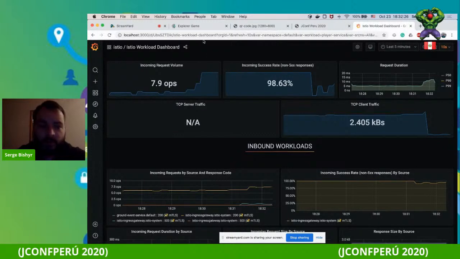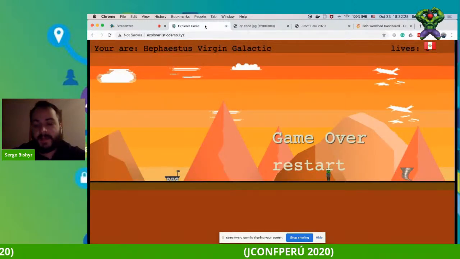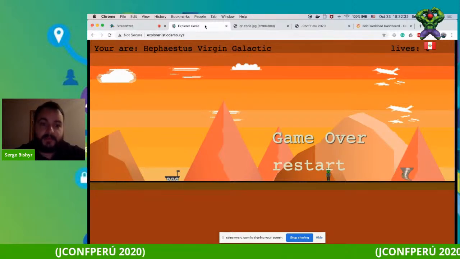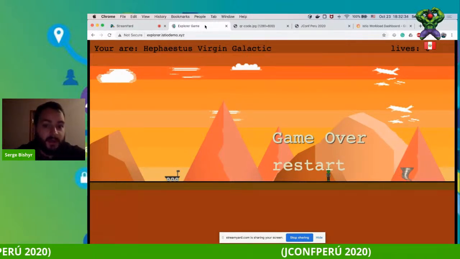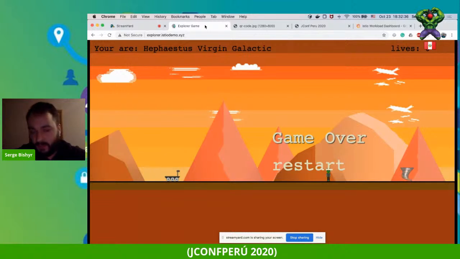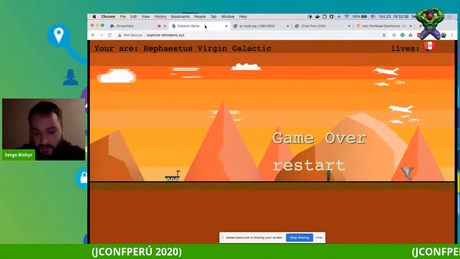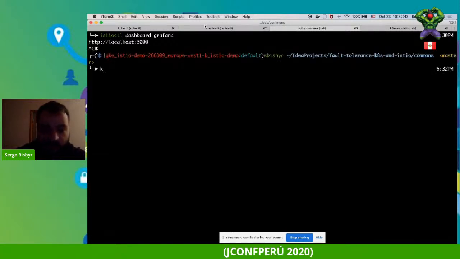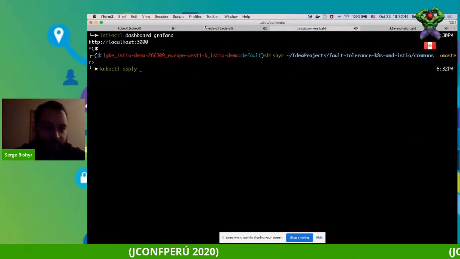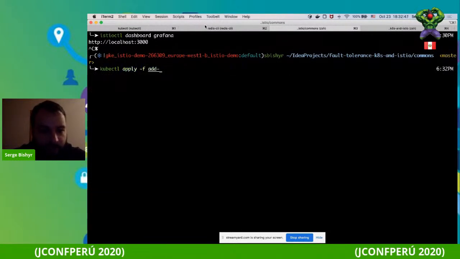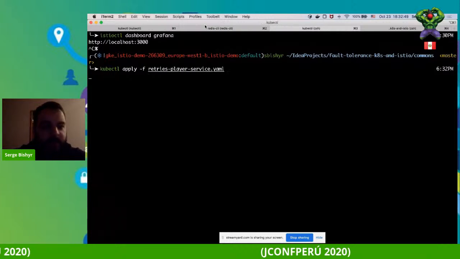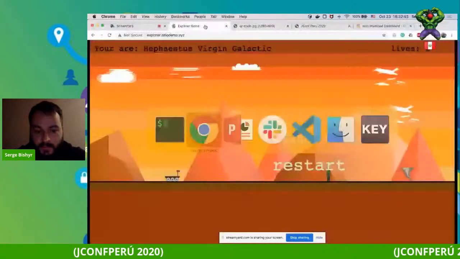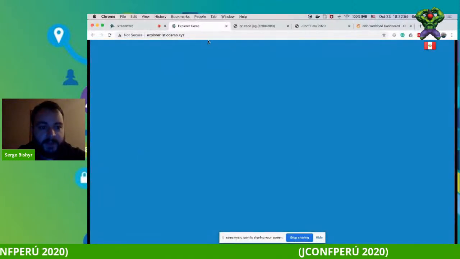So what we can do is set up retries. Whenever we send a request to player service and it fails, we just retry the request. Luckily for us, Istio has this mechanism, so we don't have to implement it in the code. We can just set this up by applying some specific configuration, which I will do. Okay, retries for player service. I have just applied the configuration, nothing more. Restart my application,